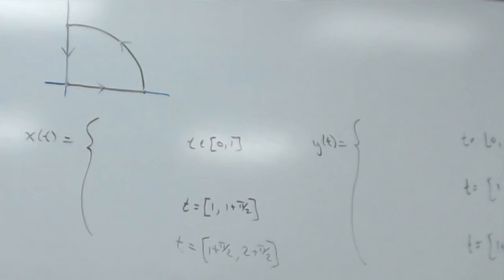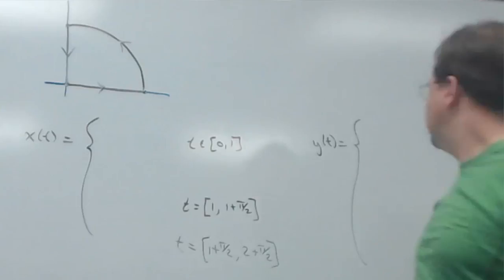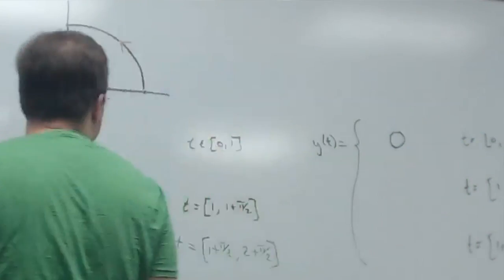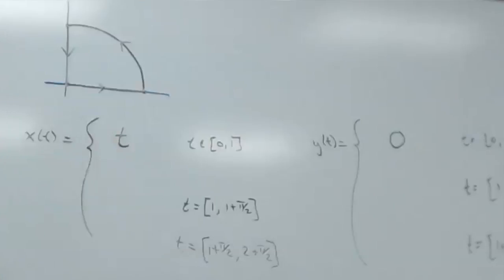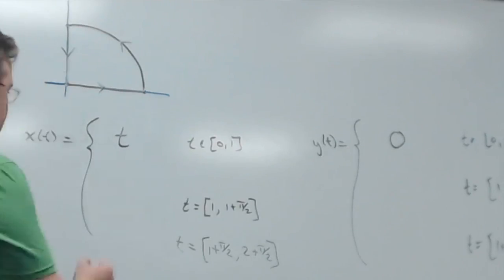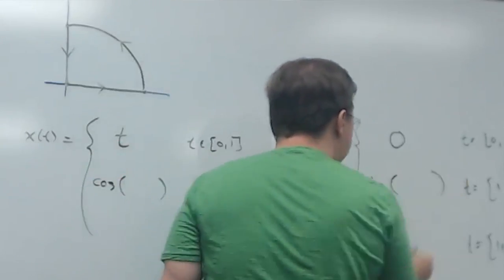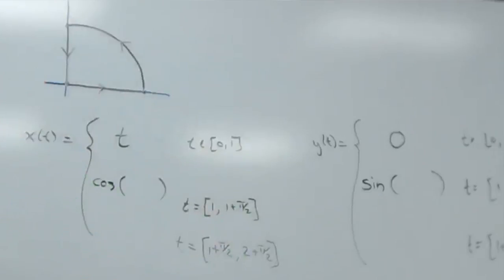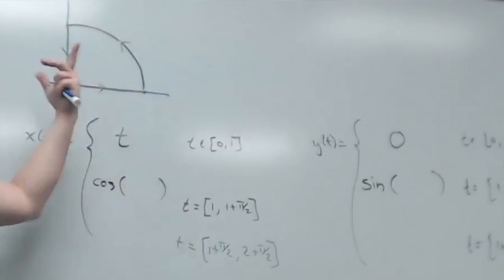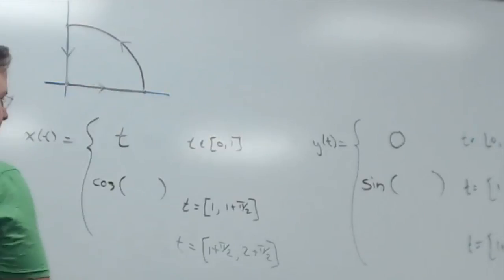So notice as t increases from 0 to 1, how would you describe the x-coordinates and the y-coordinates in that first section of the graph? Y equals 0 and x equals t. T, okay. And then as I go along here, I want to say cosine and sine. That was my intention when I chose to go from 0 to pi over 2. But I have to adjust it so that I actually am plugging in 0 and pi over 2. So I'll just say